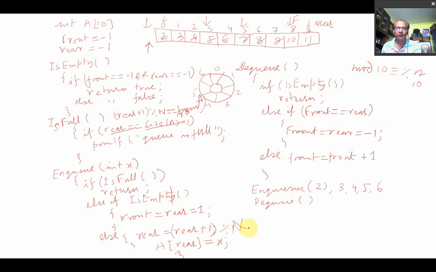You have to divide by n, and at the remainder position you can insert the element. So only these two changes take place when you are working with simple arrays. Only logically, with the help of the modulo operation in your algorithm, the behavior of this array is basically a circular queue.